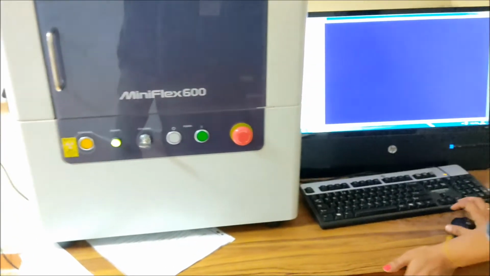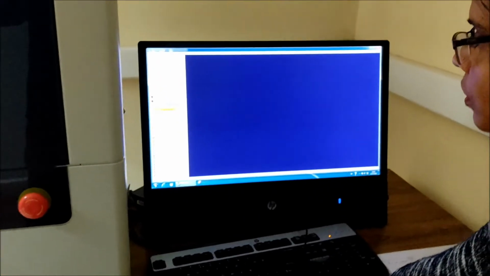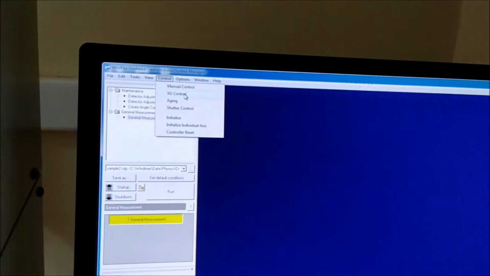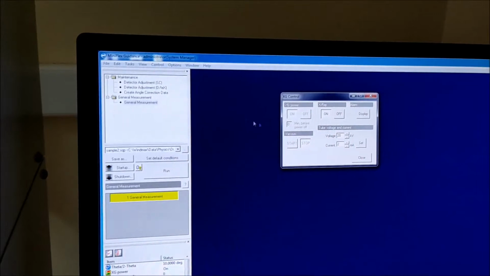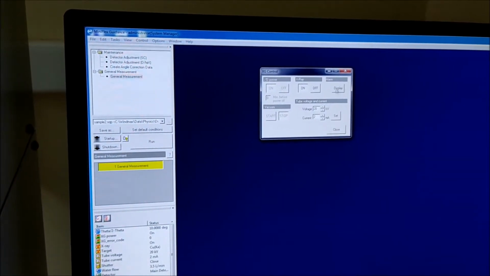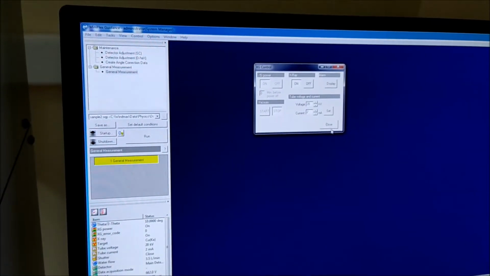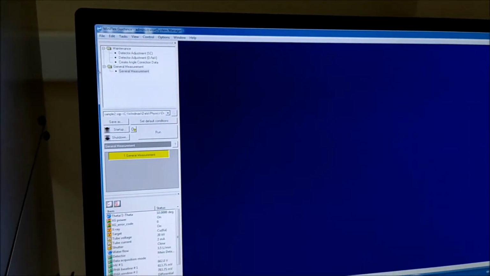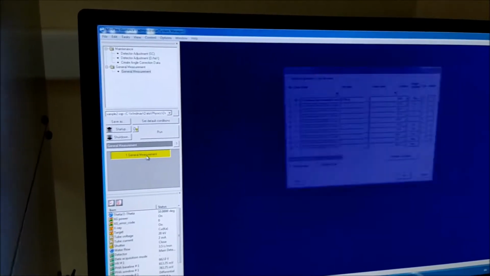Now go to control, XG control. The X-ray is already on, so you can go to general measurement.